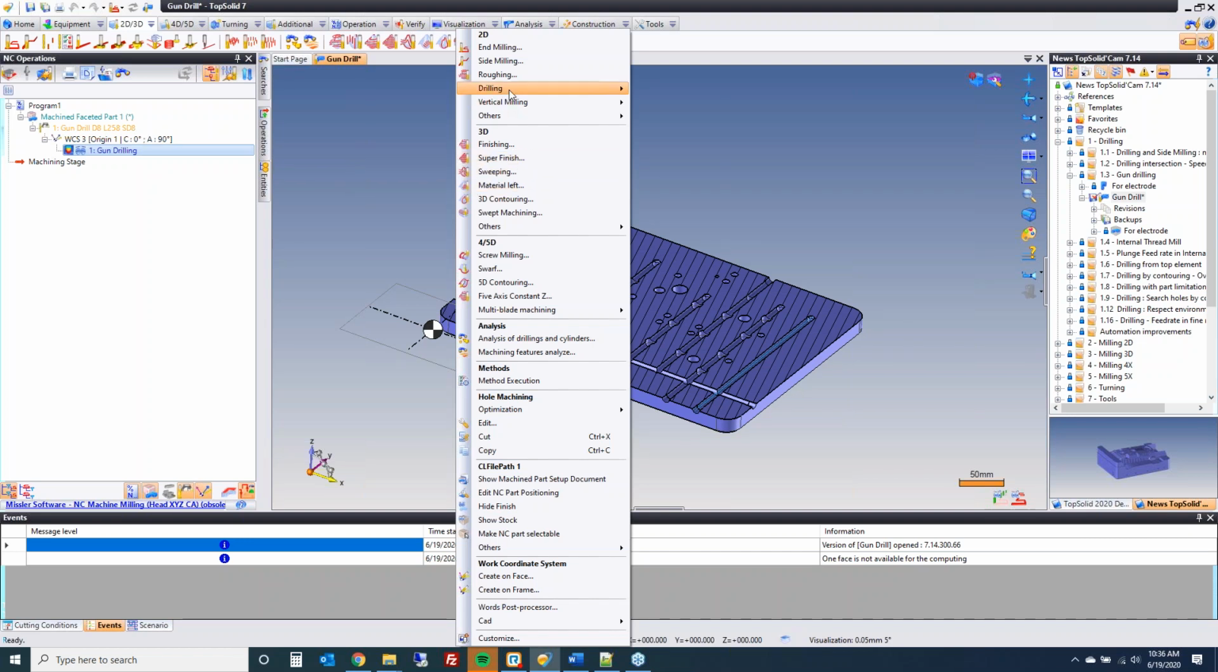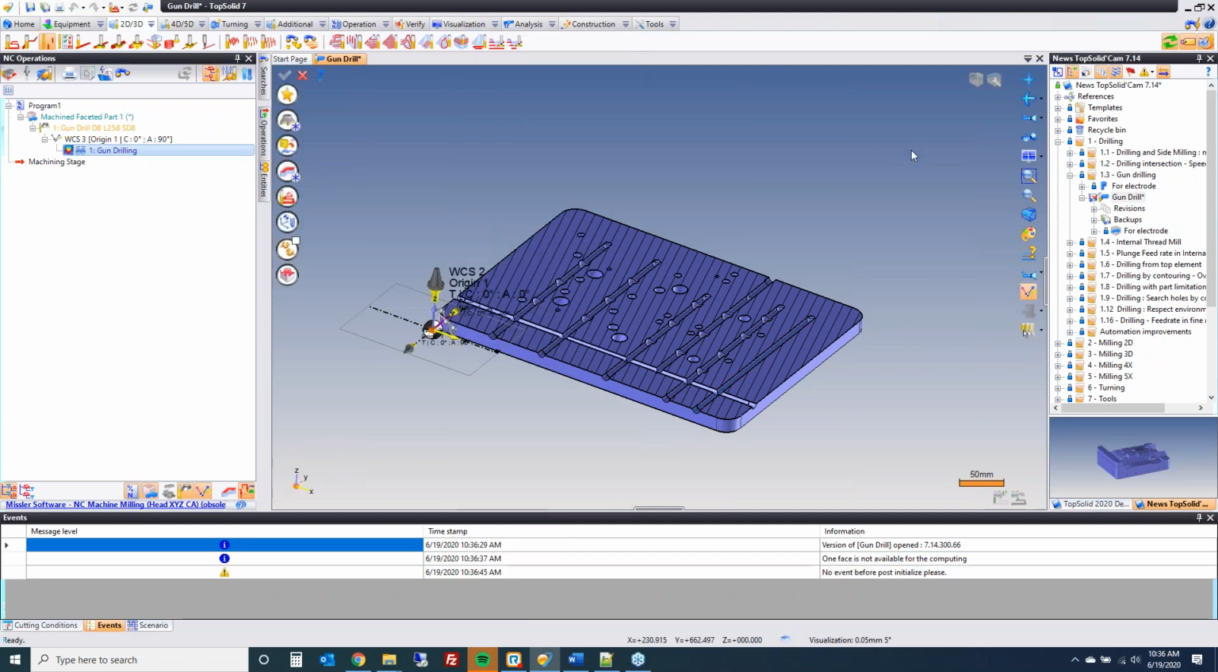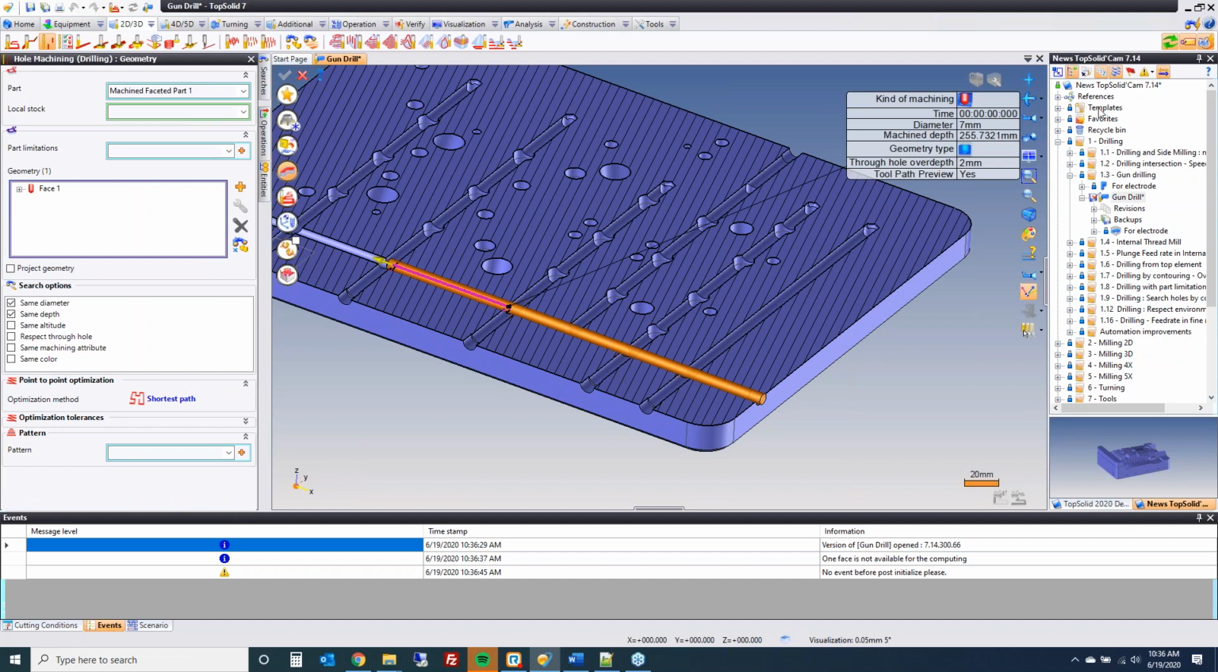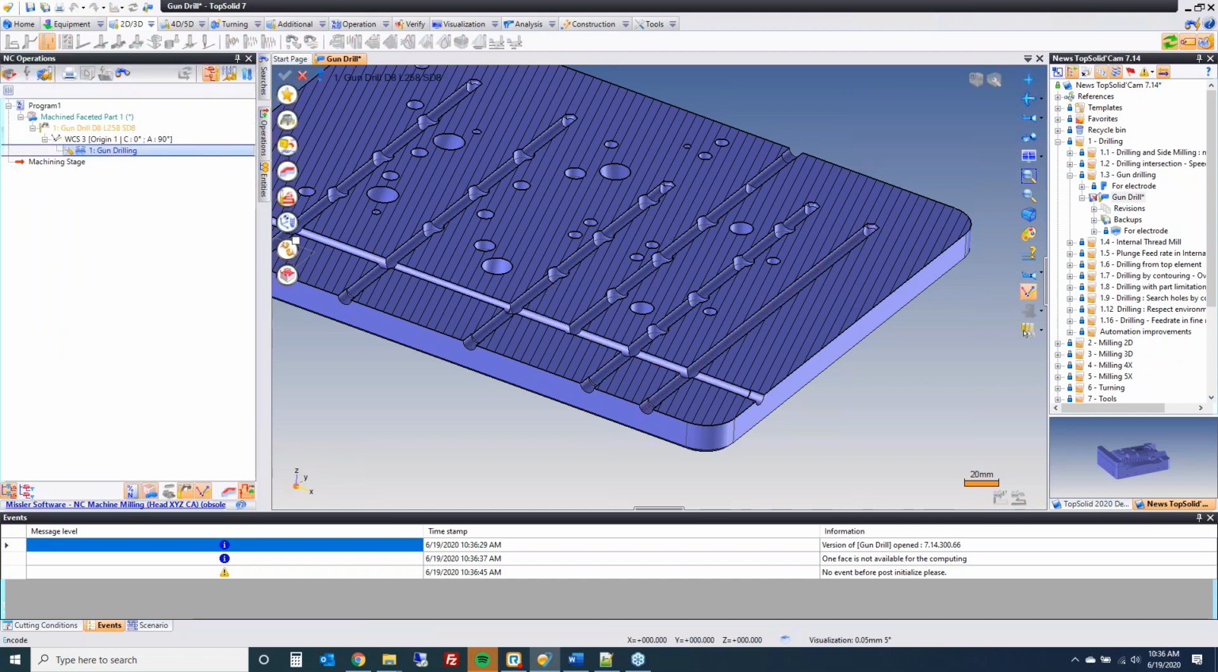To activate gun drilling, it's literally just a type there. Or if you go into hole machining, of course, you can, well, you got to pick a hole. So let's go there. You can pick gun drilling up here as well. That's your new gun drilling command. Okay. So if we go into the gun drilling command,